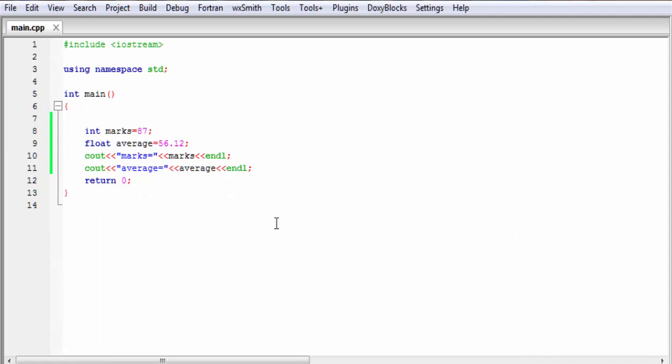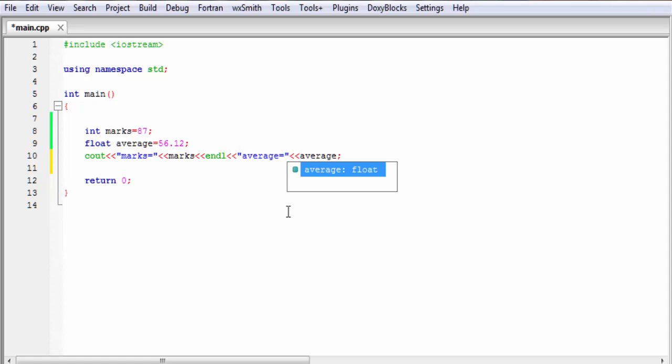One thing I want to say here: if you want, you can print the values of two variables using one cout. Let's see how to do it. I am going to delete this cout and then give here a stream insertion operator, and then within the double quotes I am going to write here average equal to, and then again stream insertion operator, and give the variable name, that is average, and then end line.